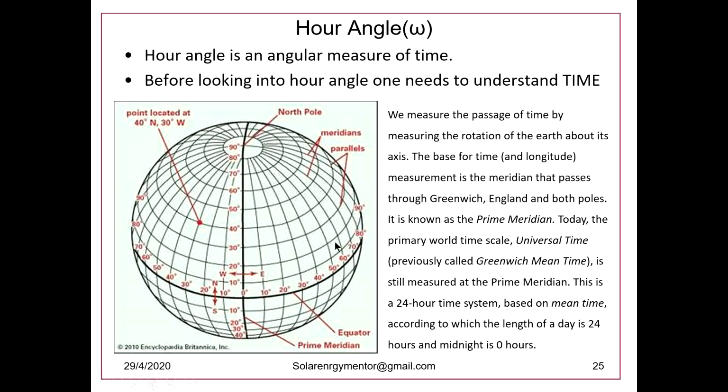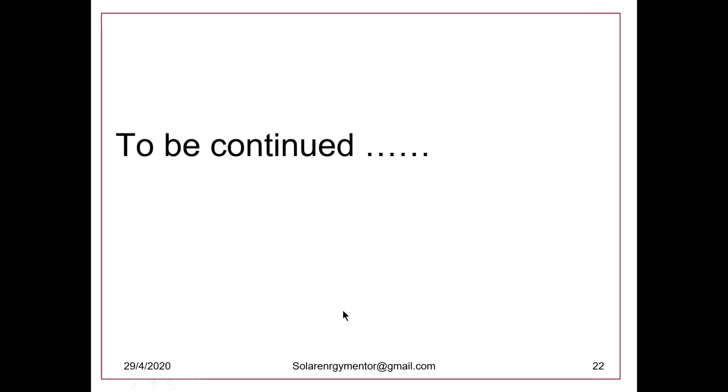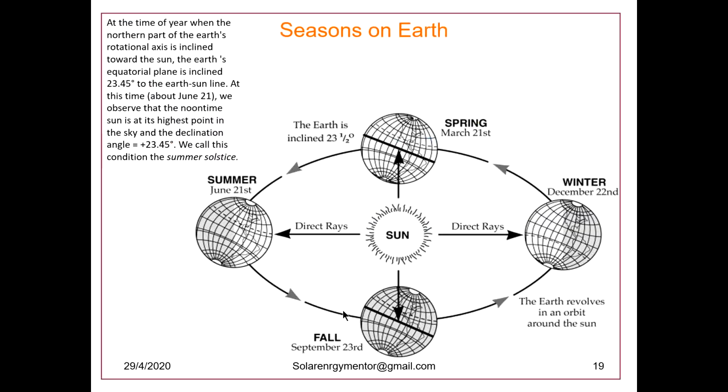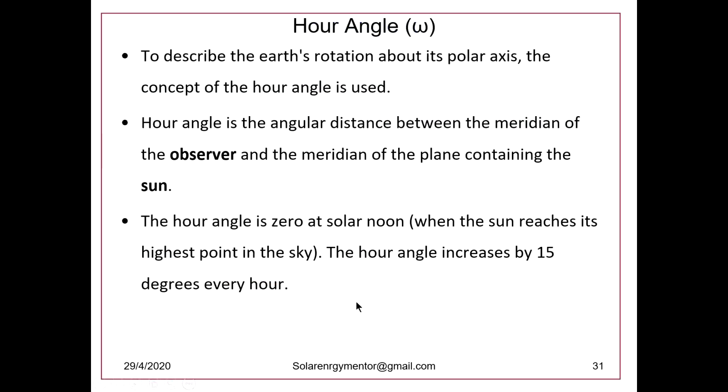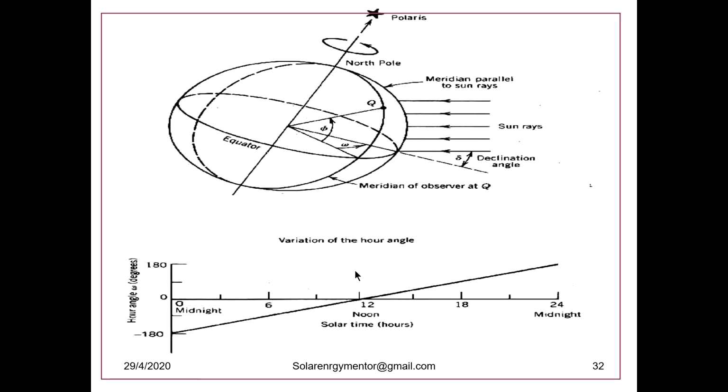Now Earth is rotating. So Earth is going in this direction. Sun is here stationary at this position. So there is a difference. So now we are at say 18.53. So we are moving here in this direction. So Earth is moving in this direction. So this meridian of the location or meridian of the observer goes on changing and Sun is remaining here. So the relative motion of sun is like this, from east to west. So this difference, if we calculate in the planes, it is called hour angle. So the hour angle is 0 at solar noon, and it increases by 15 degrees every hour.